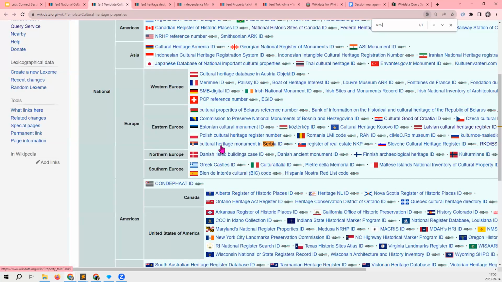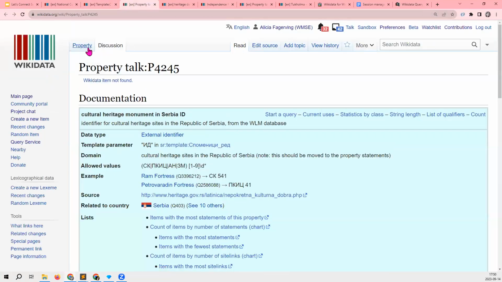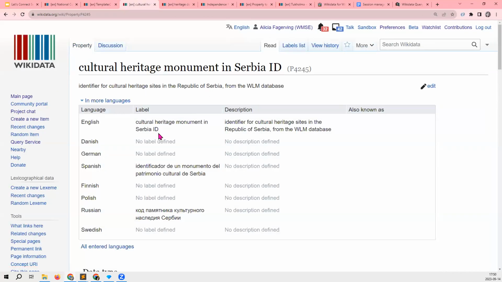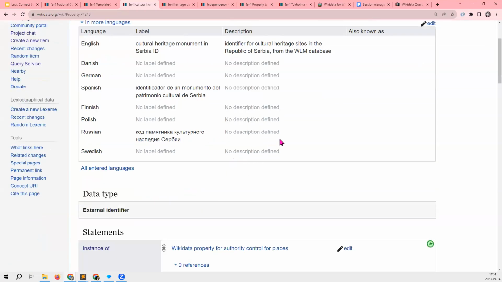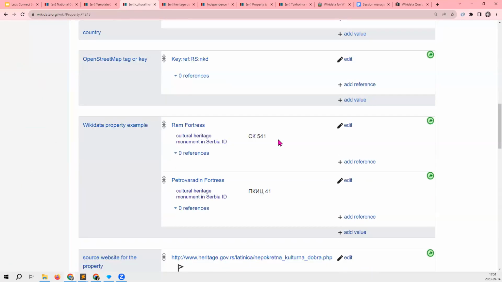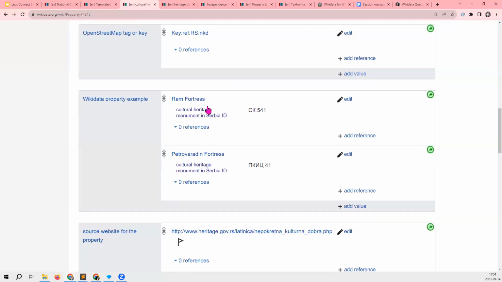I'm going to look at the ID from Serbia, because I know we have someone from Serbia with us here. The Cultural Heritage Monument in Serbia ID. And in this case, we can see this is just an ID number. It's not clickable because there is no external website where you can look at it.